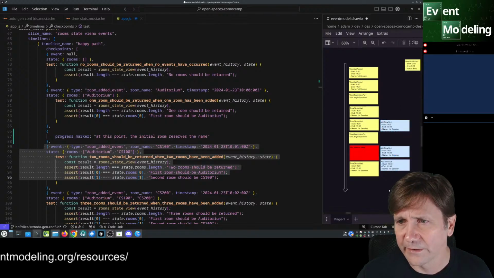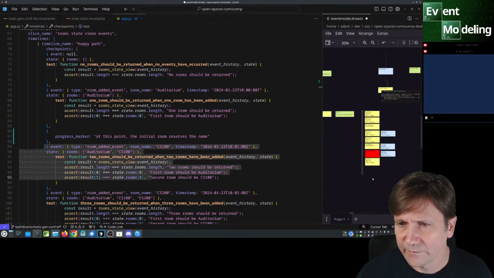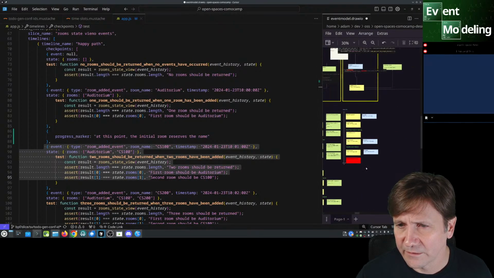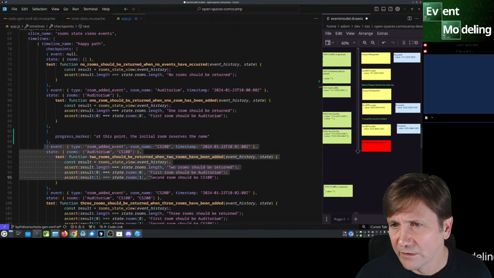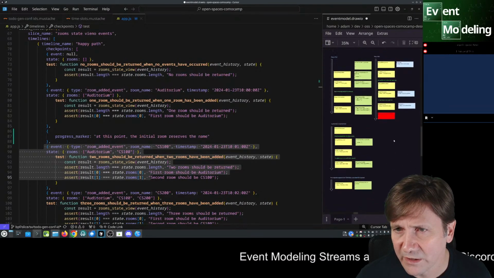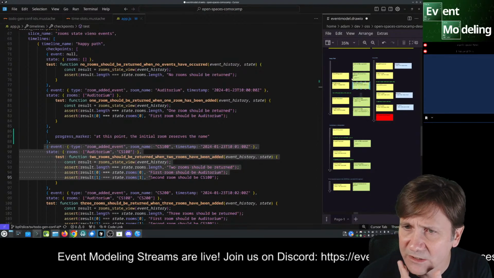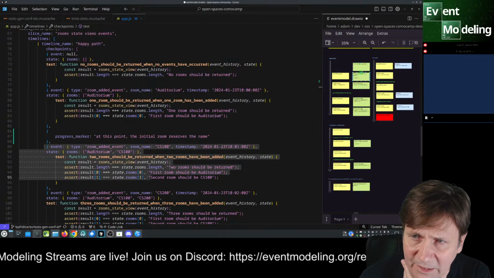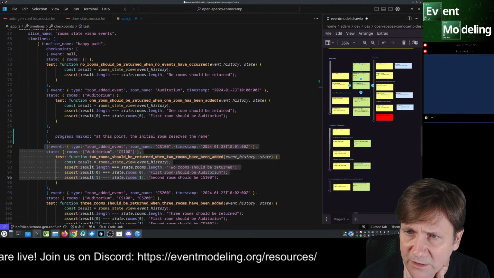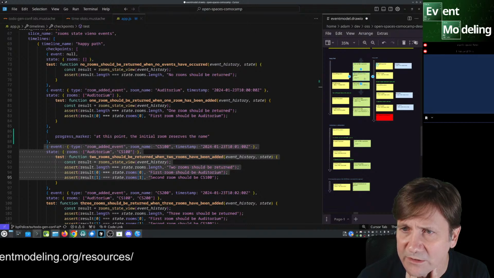That's it here. Okay, so that, and that, right? So we have this as our reference. So we want to have each slice has multiple timelines, and each timeline then has multiple checkpoints, which can be just comments, or they can actually be something to do a test and assert on the state.